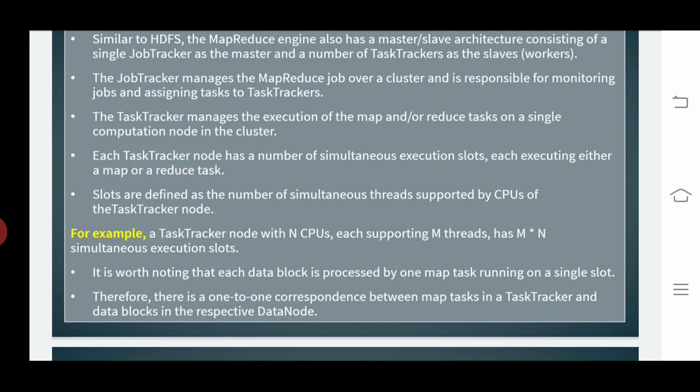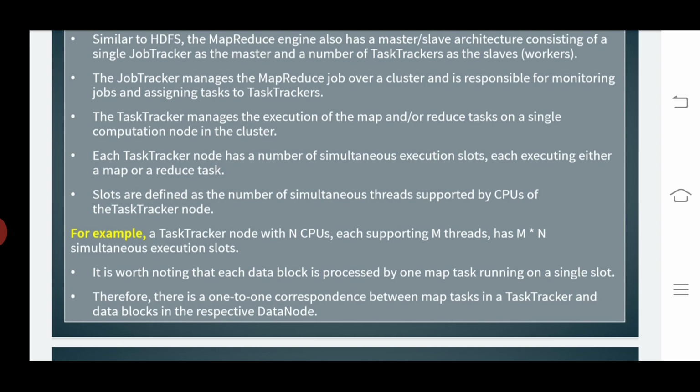What does a slot define? Slots are defined as the number of simultaneous threads supported by the CPUs of the task tracker node. For example, take a task tracker node with n CPUs, each supporting m threads.